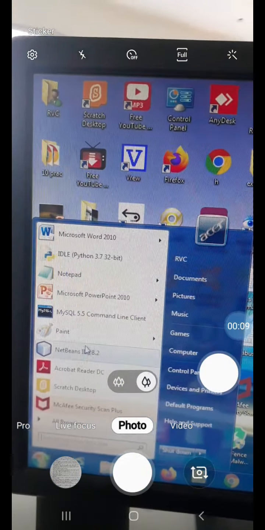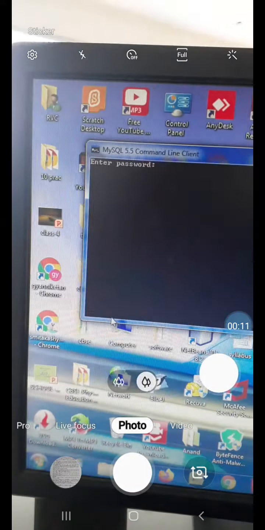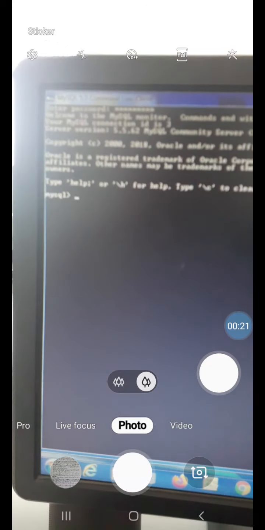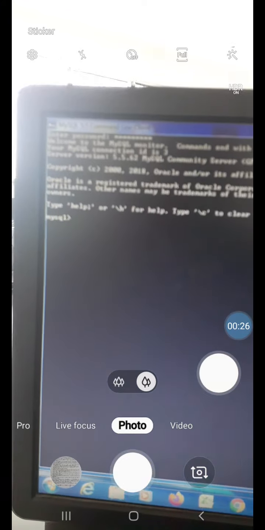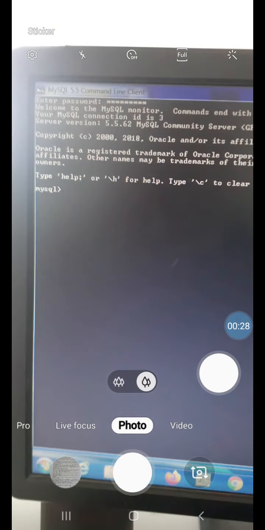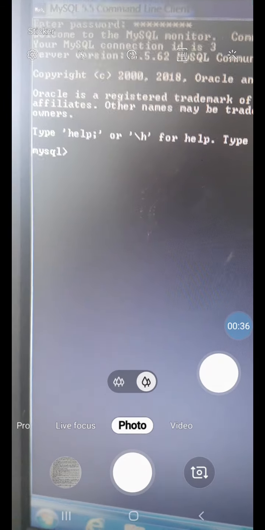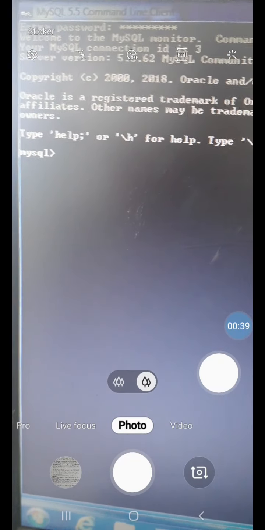Hello everyone, let's start to run single row and group functions of SQL. For this we have to log in to SQL Server. After that we have to use all the single row functions of SQL. There are different types of single row functions in SQL. They are categorized into numeric functions, date functions and string functions.